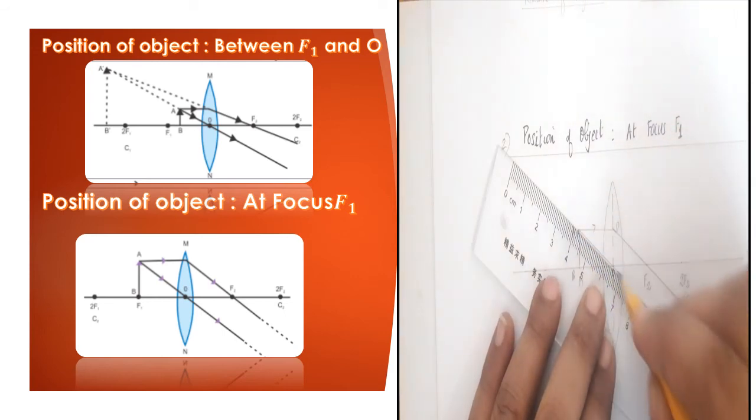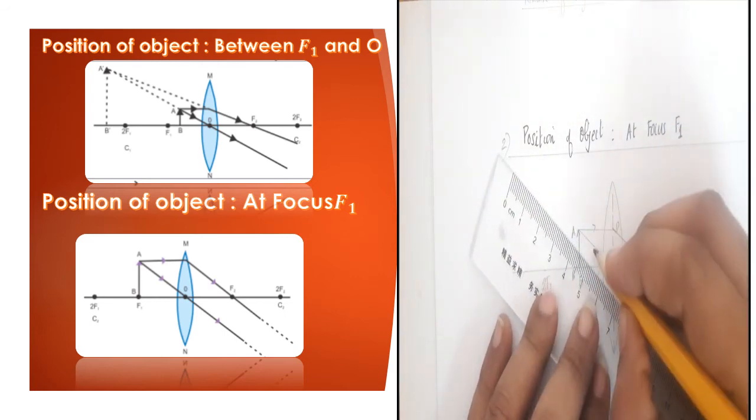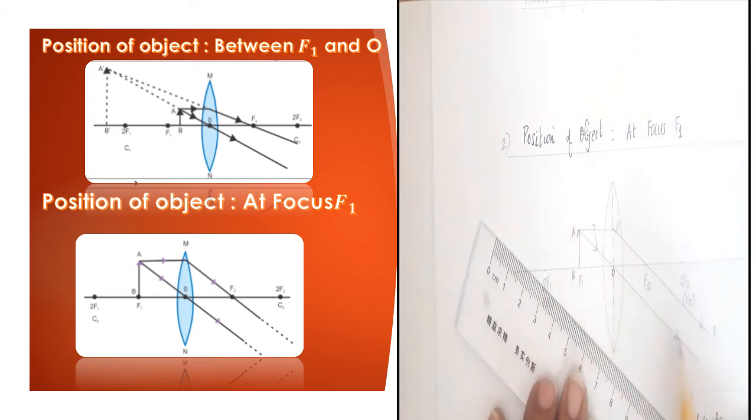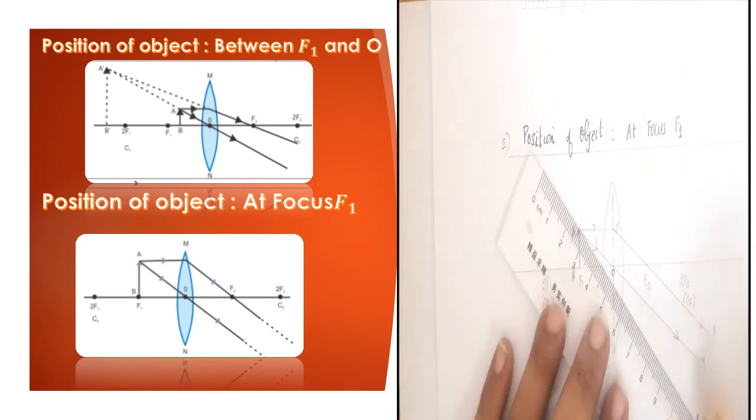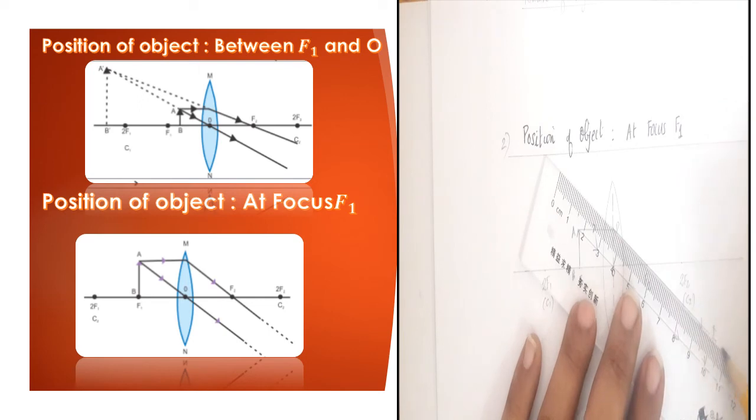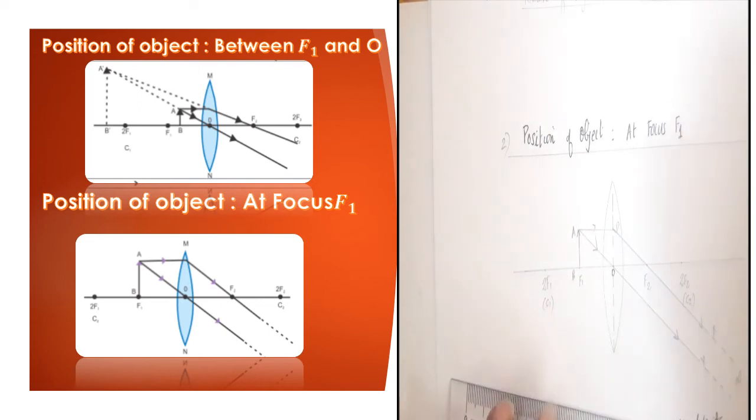So let us just show. Here is our ray. So we see, children, that whenever we show a light ray moving through the optic center, we have to show 2 arrow marks. So this be AY. So these are the 2 refracted rays, and we see that these 2 rays don't meet and they are parallel to each other, but they meet at a far off distance. So we say that an image is formed at infinity.